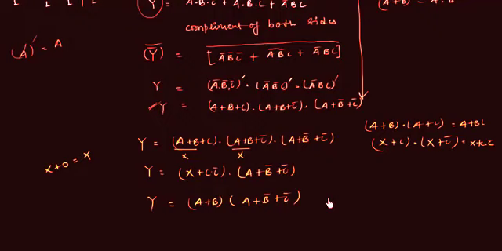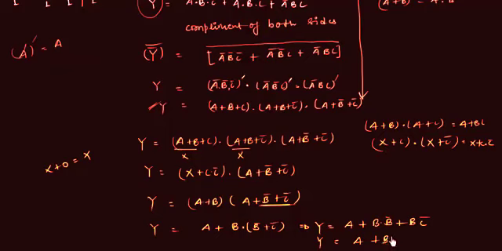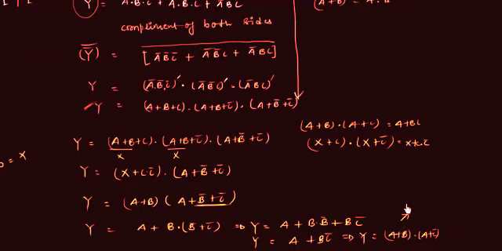Again you can see A is common. So from the distributive law we have A or B, and I have to AND B with B complement or C complement. So let's try to find out the function Y by the distributive law again. A or, I have to open this bracket, we have B and B complement, or B and C complement. B and B complement is definitely equal to 0. So we have A or B and C complement. And again using the distributive law we have A or B and A or C complement. So this is the minimal